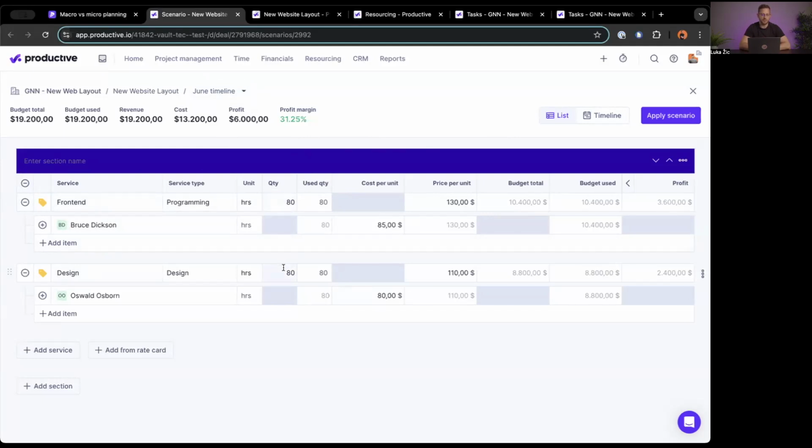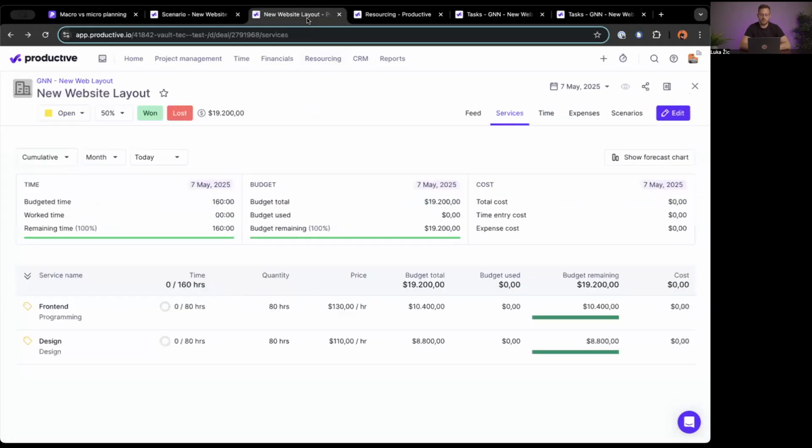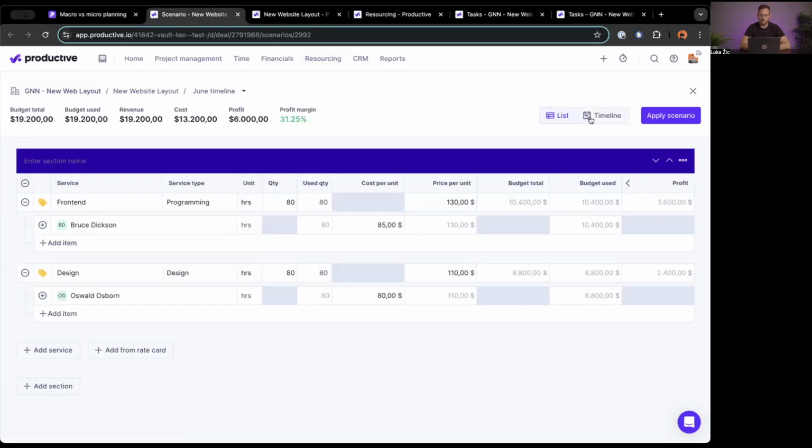So this is what I'm budgeting for. This is what I'm estimating. My price is generally set globally for all of my clients, so I'm using that here. And also what I've done is I've gone over into my timeline view, and at some point in time, I will have created bookings against the people that I want doing this work. So in my case, Bruce Dixon and Oswald Osborne are assigned to this job. Their cost rates are preloaded, so I can see here, okay, if this scenario goes through, my profit margin will